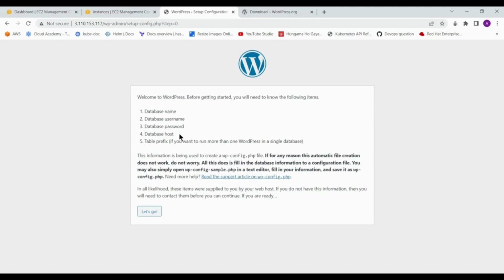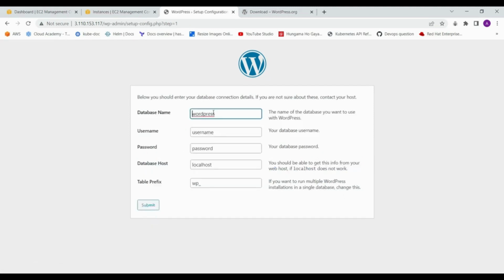So you have to provide all those things, right? Because WordPress must have the connectivity with the MySQL. That's why we installed it. And so you have to provide all the information, like which database name you are using. You can change the database accordingly as per your convenience, as per your need, the username also, the password also. So I will click on the let's go, and here it's asking what is your database name, and I didn't